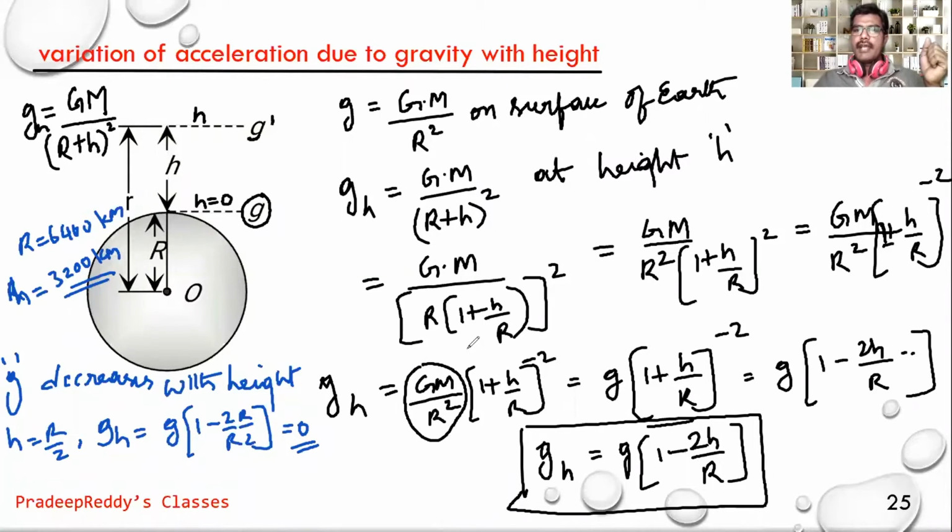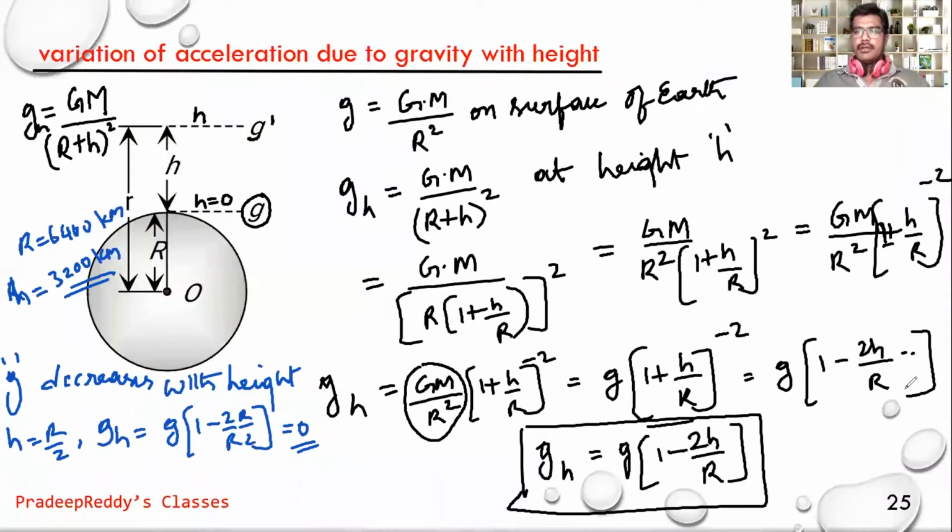So acceleration due to gravity will be coming as negative. If you take this h greater than R by 2, the value here is negative. That negative represents that you are being pulled away from the earth, because you will be attracted by another planet near to the earth rather than by earth's acceleration due to gravity. You will be pulled by another planet, therefore you will be directed towards that planet. That's the reason why the g value will become negative.